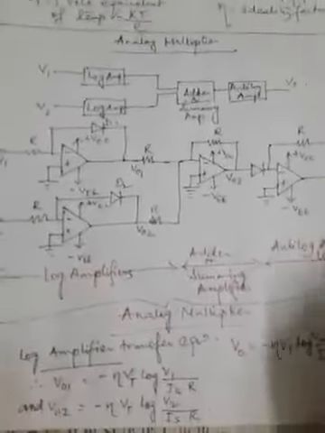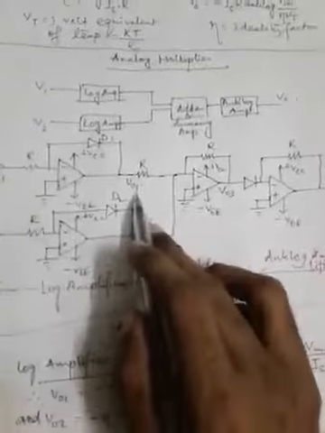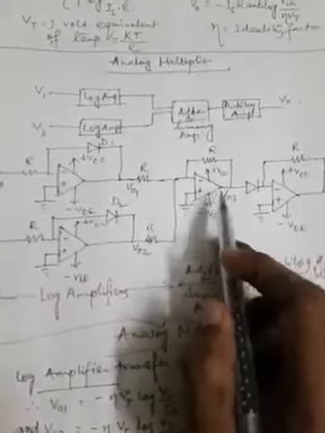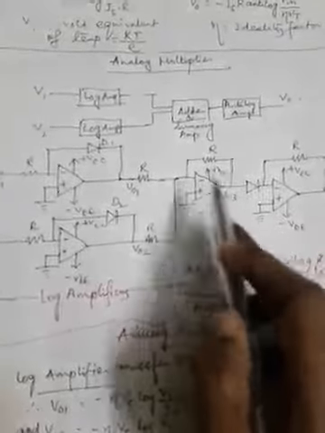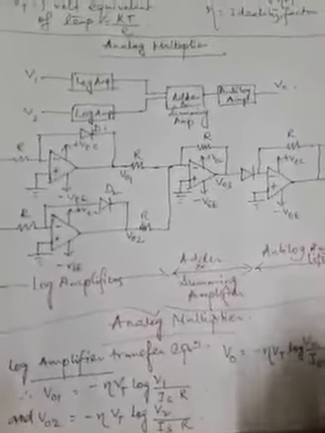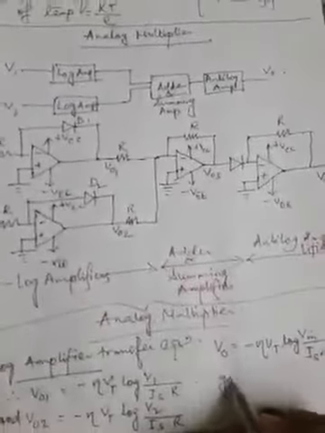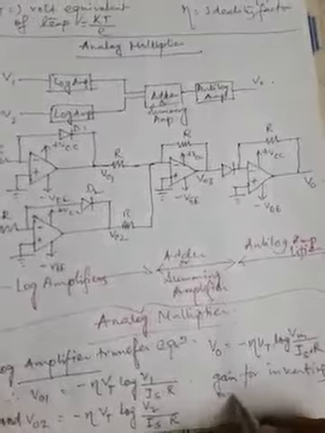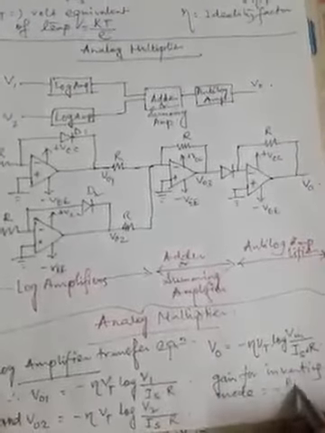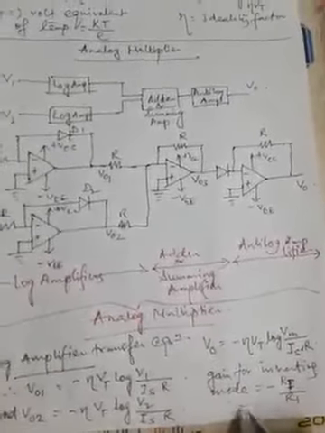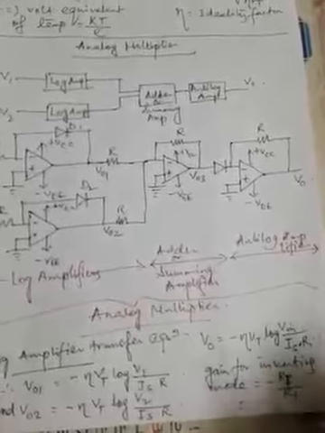So now we have found in this fashion what should be the VO1 and VO2, and these two, VO1 and VO2, are being treated as the input to this summing amplifier or adder, which is working in inverting mode. Now since it is working in inverting mode, we know for a summer that its gain for inverting mode is equal to minus Rf by R1, where Rf is the feedback resistance, R1 is the input resistance, the resistance connected to the